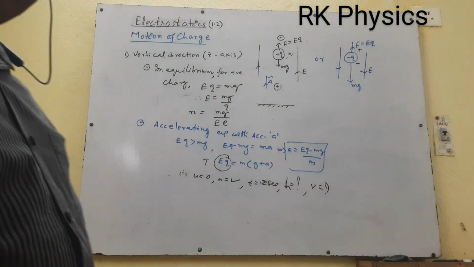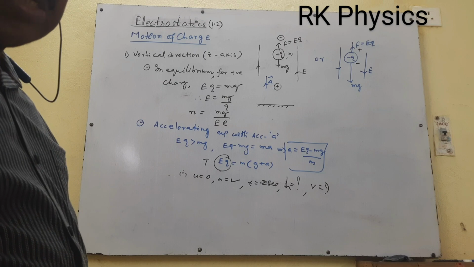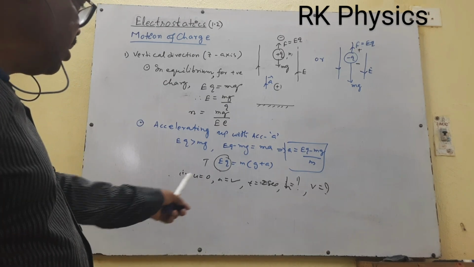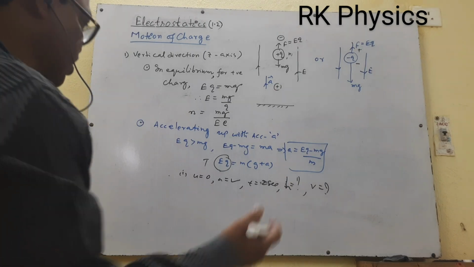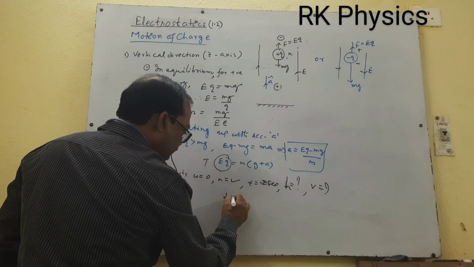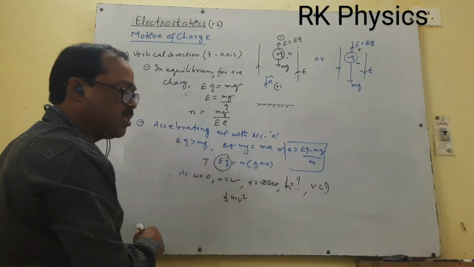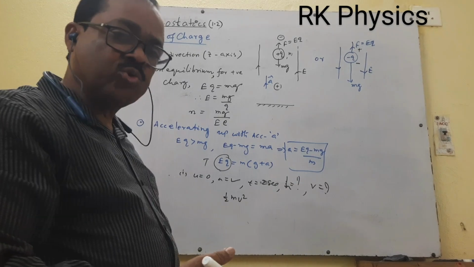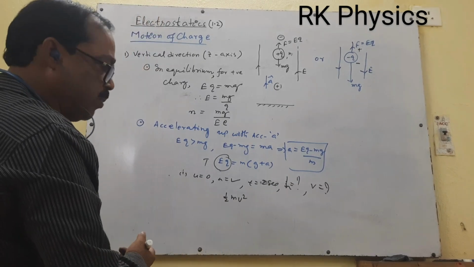Or if h is known, how can you calculate the t? If v is known, how can you calculate the h and t? You can use the help of kinematics. Second thing, if v is known, how can you find the kinetic energy at a particular time t, say 2 seconds, that is half mv square.